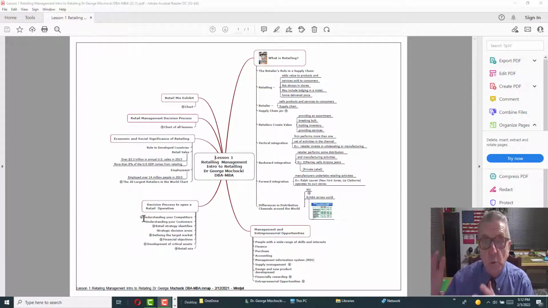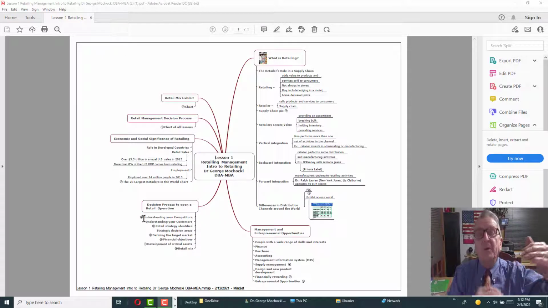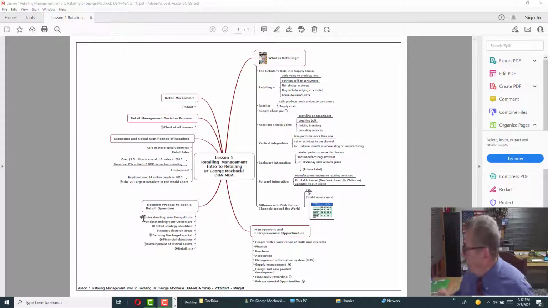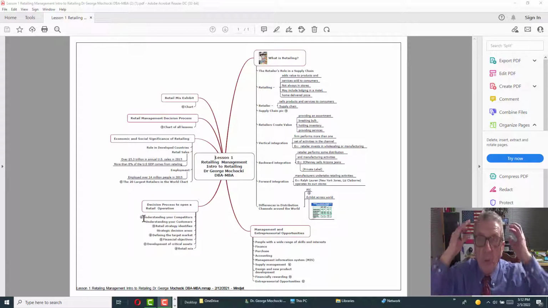The more senses you could involve. Marketing is all about utilizing all five senses. I hear it, I smell it, I touch it, I could write on it, I could get people interactive. That's all marketing. The more of the senses I could utilize in marketing, and in this case retail merchandising.